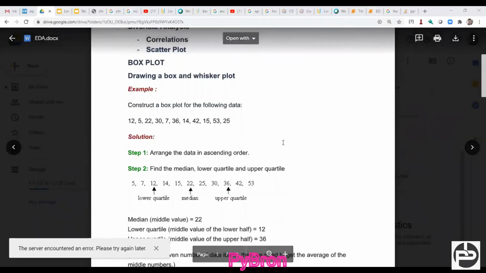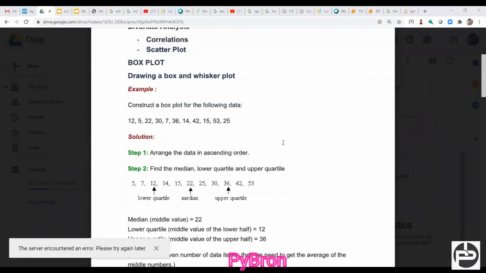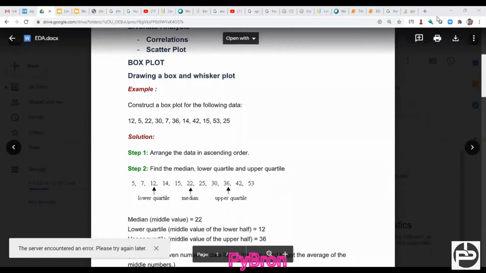So the first EDA technique we are going to discuss is the box plot, and you can say outlier identification. What is this basically? What are we going to deal with here? Outlier, what is the use of outlier? Basically, before dealing with the outlier, I would like to give a better insight into the outlier: what is the outlier and how it is going to impact our machine learning algorithm or our data set.